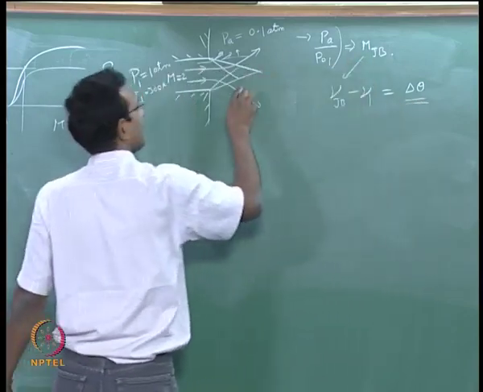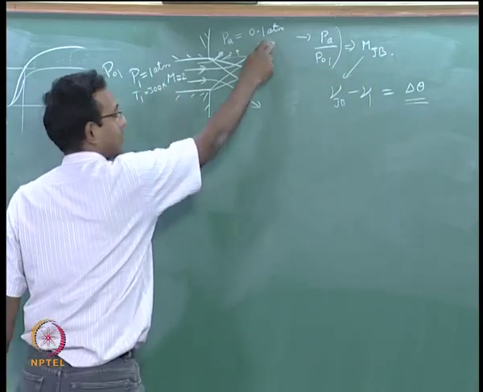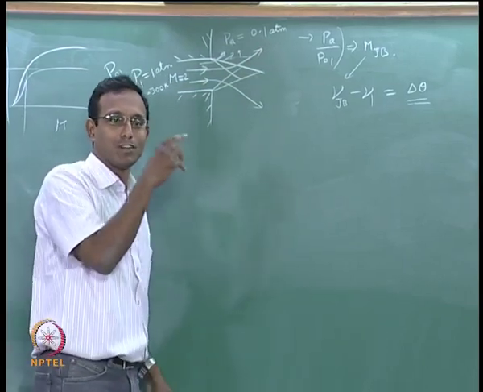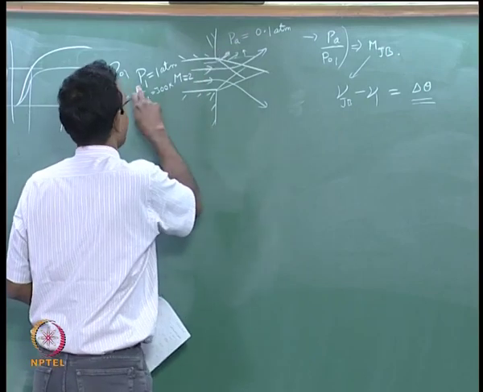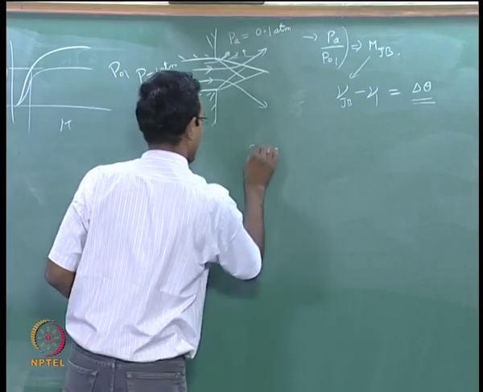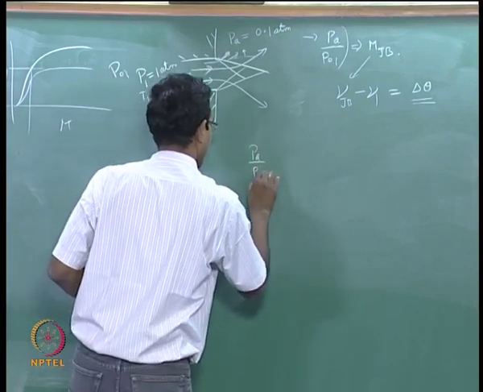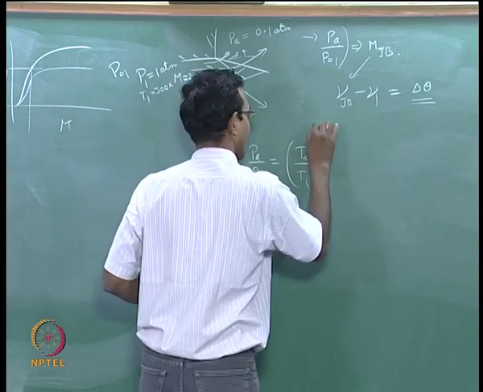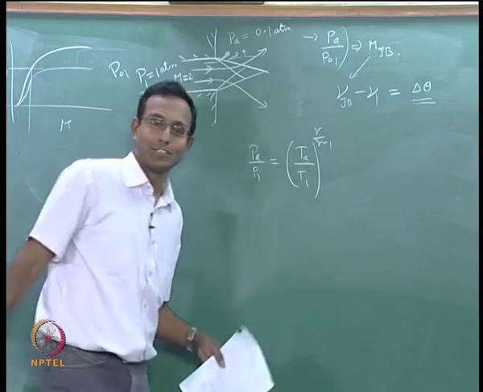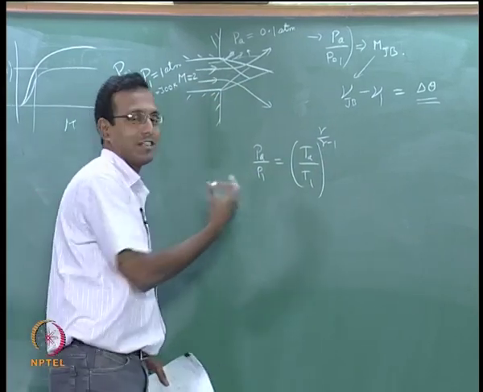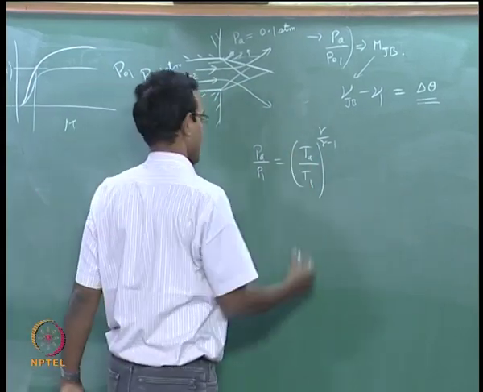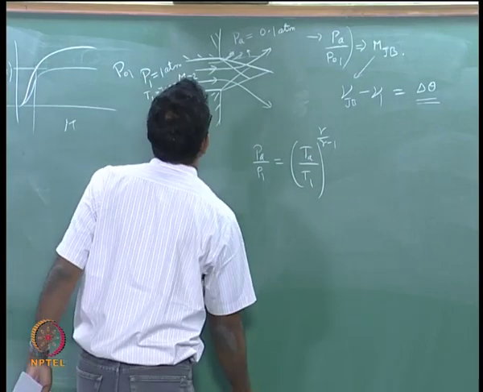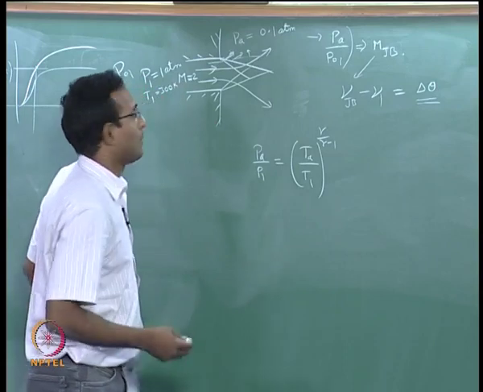Once I know Mach number, I can find temperature also. Even otherwise, you can find temperature. How? We said it's isentropic. So, I know my Pa by P1. Pa by P1 is equal to Ta by T1 to the power gamma by gamma minus 1. I can use this also to get my temperature at the exit, okay, at the ambient condition. That is also a possibility. Okay. Two ways of doing this. Okay. This is the way we will approach this problem.